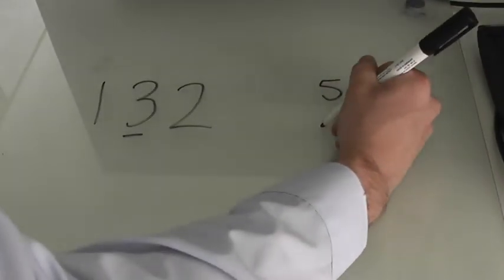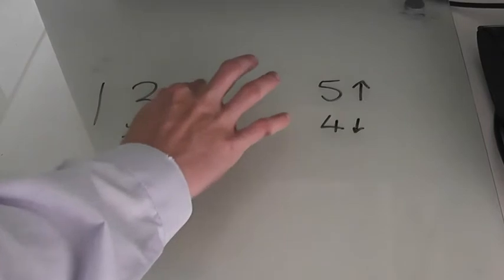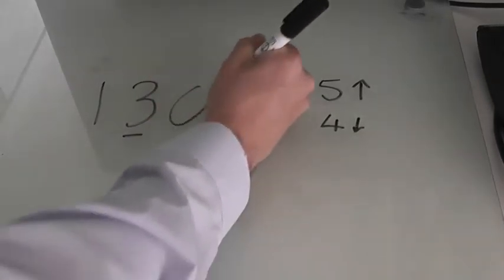Now, if your number is 5 or above, then you round upwards. If the number is 4 or below, then you round downwards. So we've got 2. Is 2 5 or above? No. So we need to round this down. So we round that down to 0. So we've got 130, and that is rounded to the nearest 10. However, if we had